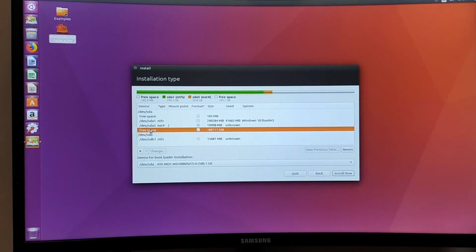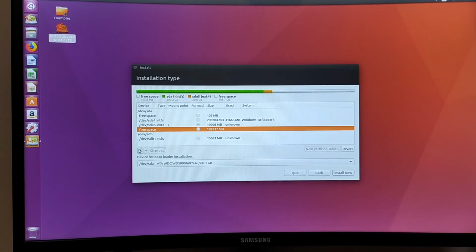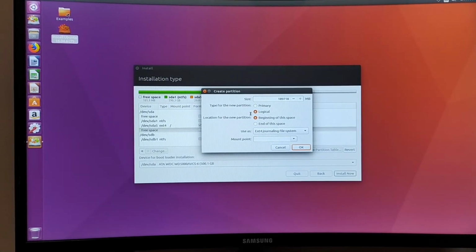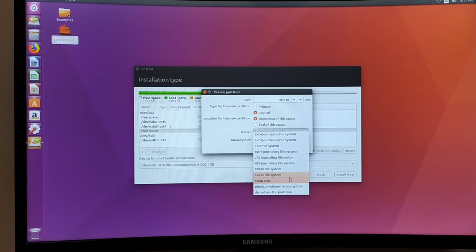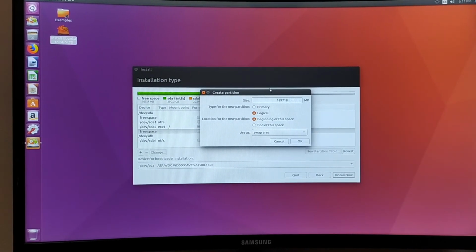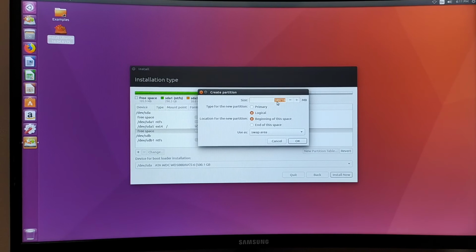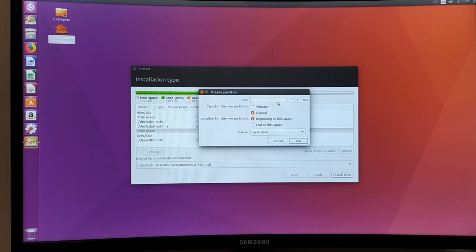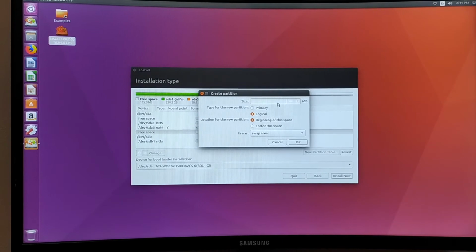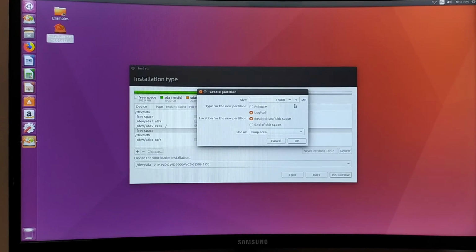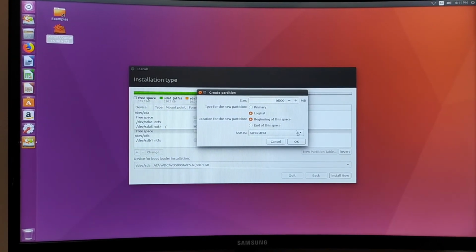Now in this next free space that exists, we need to press the plus button again, and now we need to choose a partition that is going to be of the type swap area, and the size of this would be equal to double the size of the RAM in your system. So this swap area would function as virtual RAM. In my case, because I have 8 GB of RAM, this would need to be 16 GB. That will be 16,000 MB over here. For your system, do the appropriate calculation and enter the correct size, and then press OK.